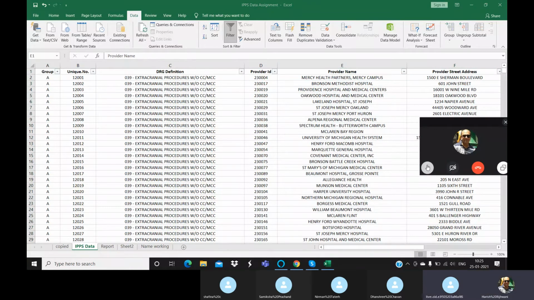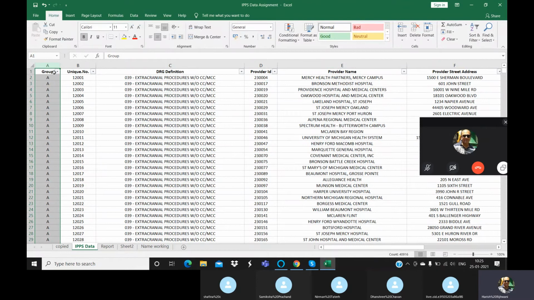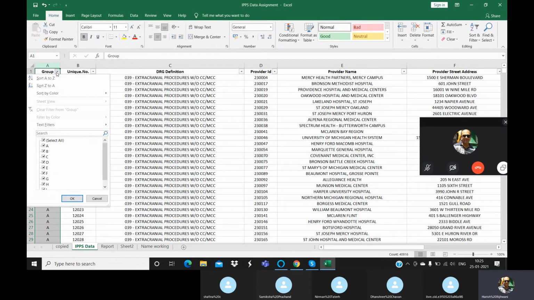We also have to filter this column. No, no, we had to filter column A, group. Select any particular group over there. That is what I had said. Just click on that down, group A, right? Remove that selection. Unselect the column first. Do cancel, cancel, cancel. Okay, press OK.